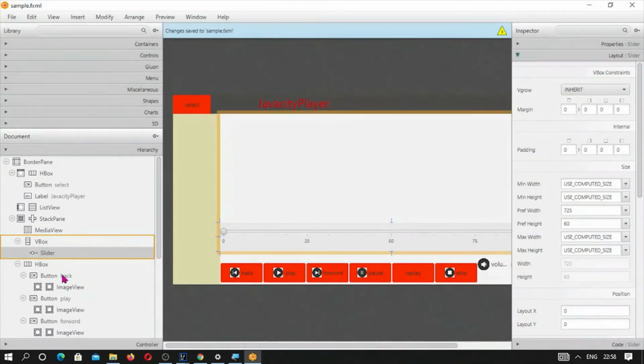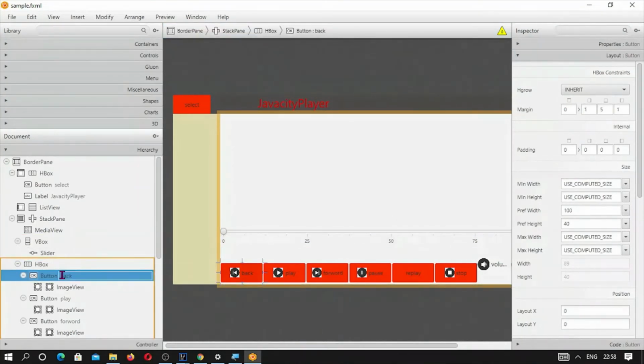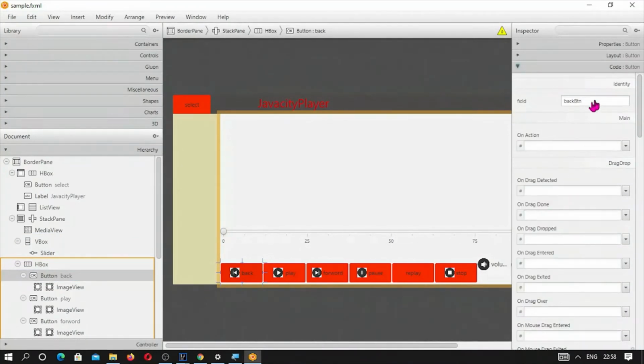So this is the back button and we have to define handle back button. There should be a method, handle back button. So let me define it, and let me save it first.